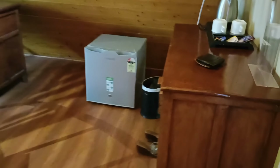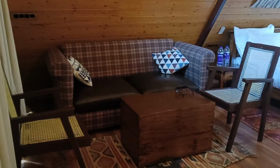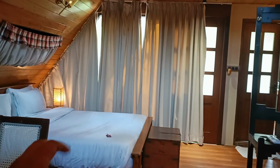And when you enter into the room, right side में there's this mini fridge, tea station, and ये पूरा का पूरा, this is entirely a wooden construction. To the left side is this couch area, sitting couch area, and yeah, this is the bed, the lamppost,